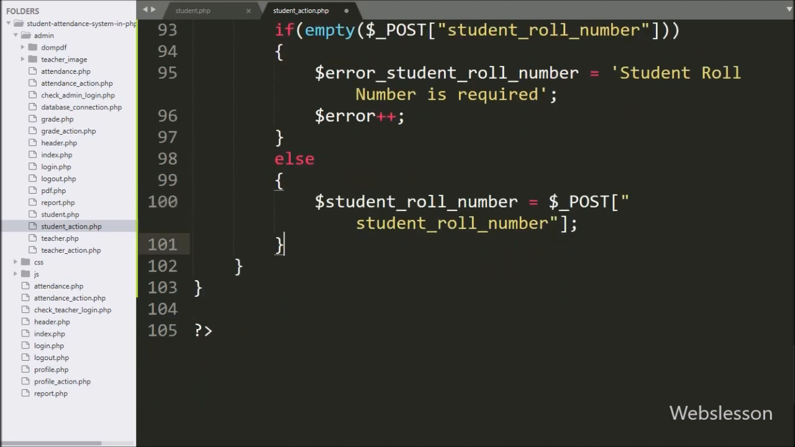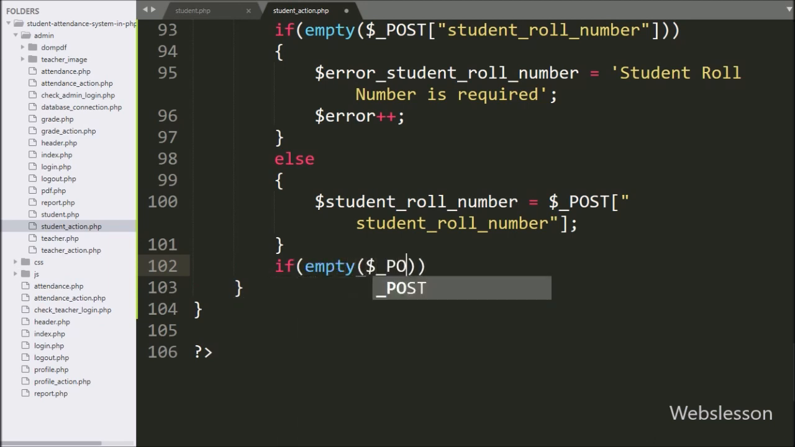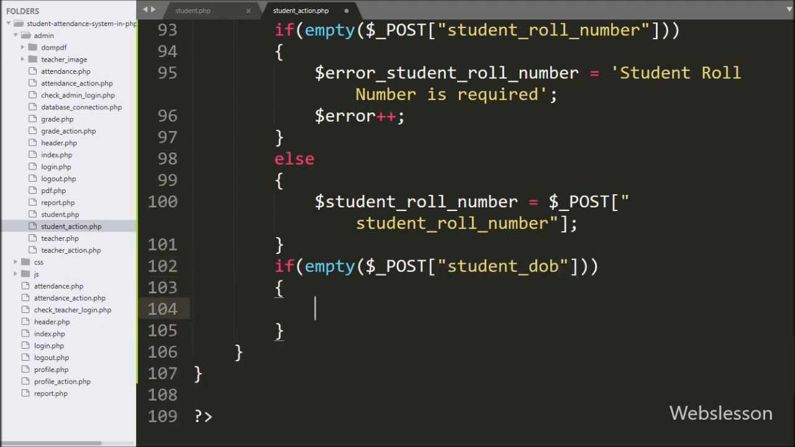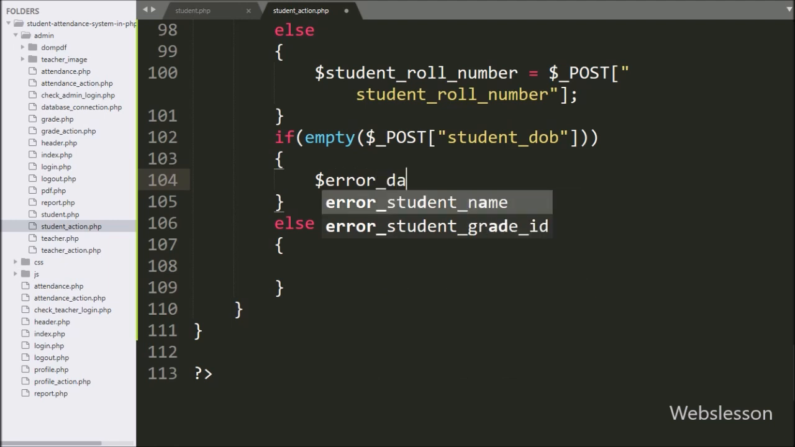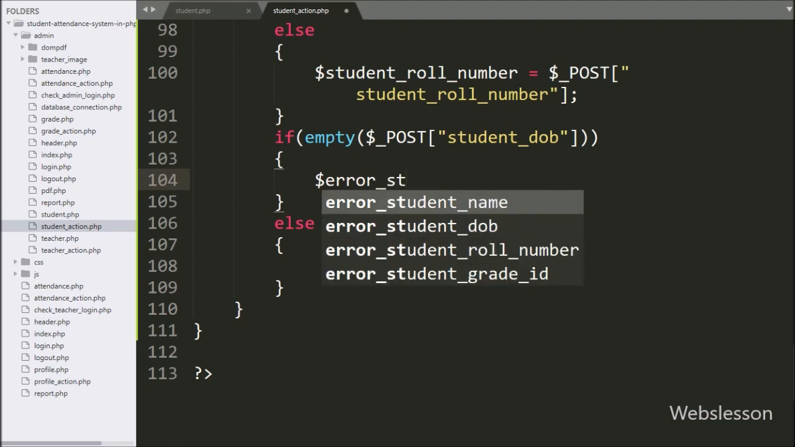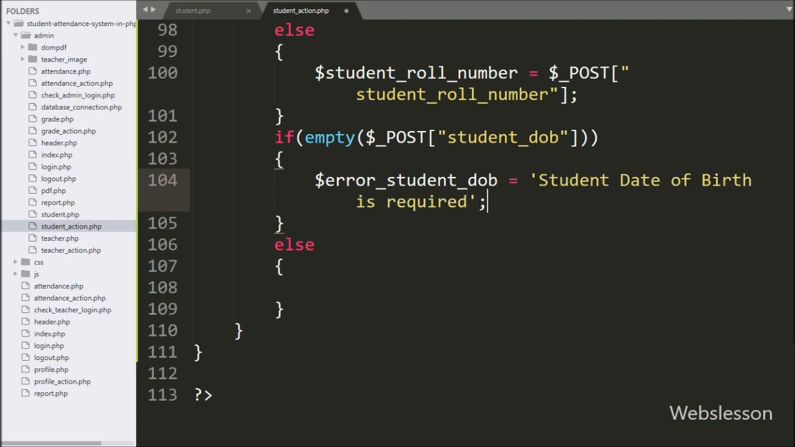Now to validate the student date of birth data, here we write an if statement, and under the condition we write the empty function with $_POST student date of birth variable. If the student date of birth variable has a blank value, then it will execute the if block of code, and here we write $error_student_date_of_birth variable is equal to, student date of birth is required,